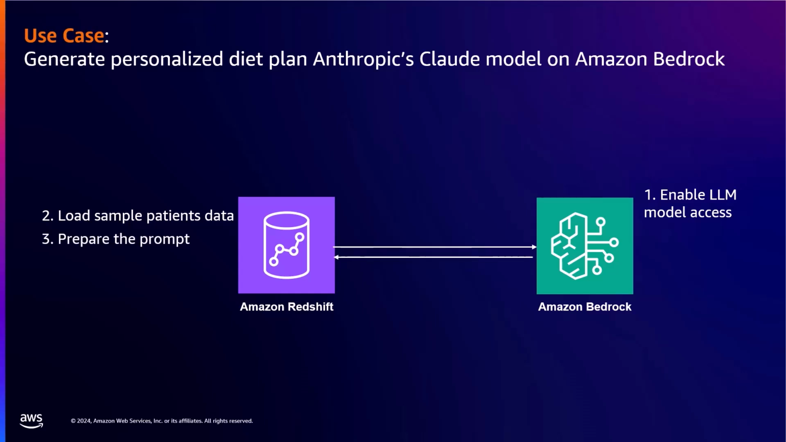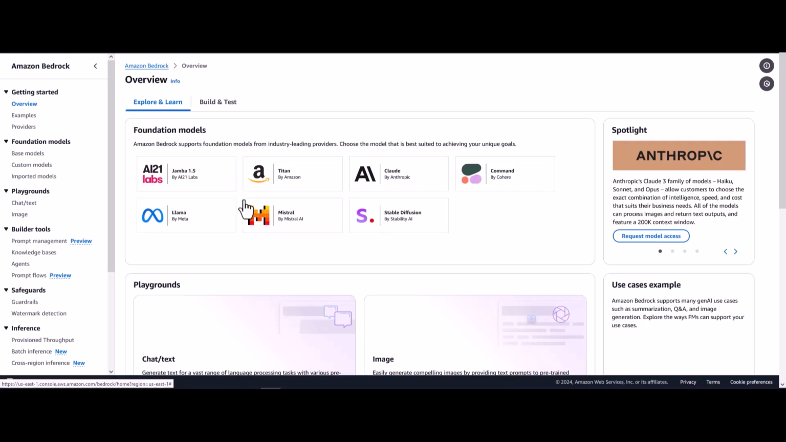Then you'll create a model referencing the LLM sitting in Bedrock. Then your initial setup is done. After that, you will get a function which you keep using in your SQL statements to generate the personalized diet plan for the patients. Now we are in the first step, that is to enable the model access in Amazon